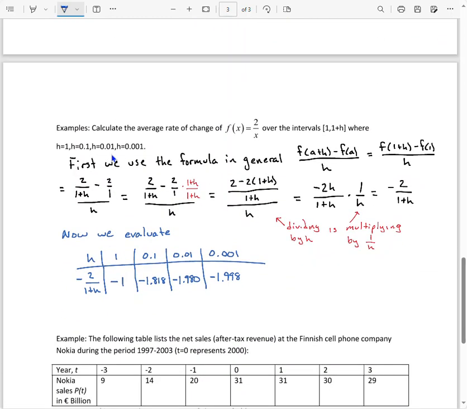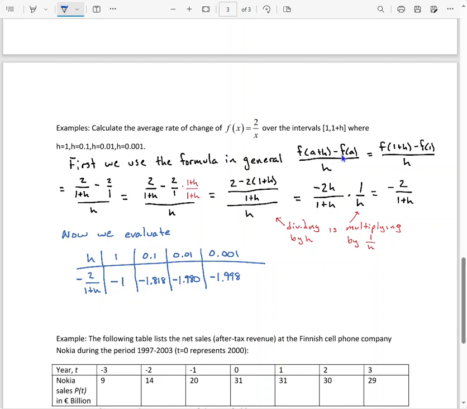All right. Calculate the average rate of change of f of x equals 2 over x over the intervals 1 to 1 plus h for all these different h values. So what I'm going to do is do the formula in general first. I'm going to find f of a plus h minus f of a all over h, right? So we have the h values, so I'm going to use the